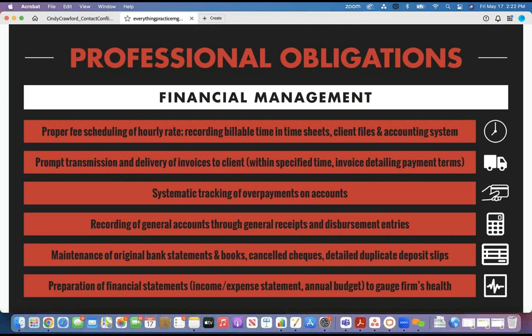Now, once the billing is done, it is very important that before you make the trust transfer, or before you request the money into the general account, you deliver the invoice to the client before even transferring the money into the general or collecting the payment into the general. So prompt transmission and delivery of the invoice to the client is highly important, because without showing them that this is the work that was completed and this is what you need to pay us, and there's nothing more than that,